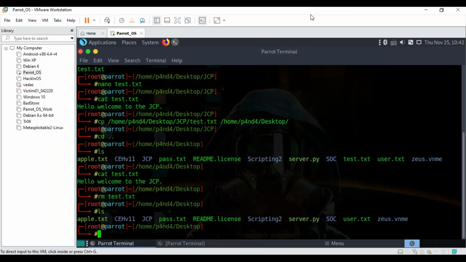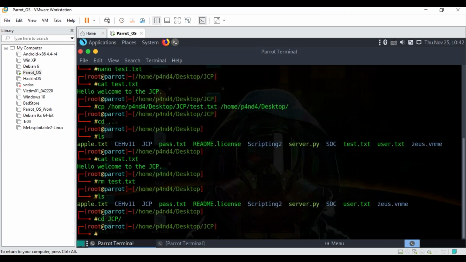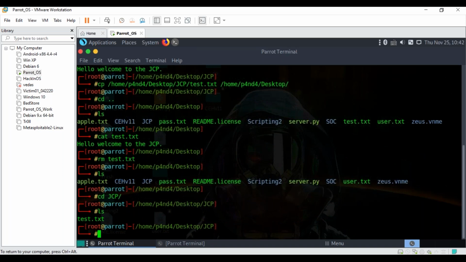The reason I did that, I wanted to show you another way. Let's suppose I am going back again to my JCP. Okay, file is there. Now I want to copy. I'm just showing one more way. Since I am in JCP already, and the file is also in JCP only, I do not need to write the entire path again.